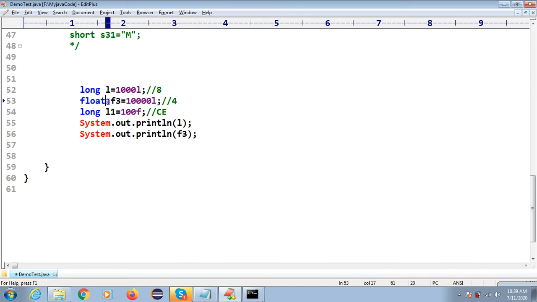But here you have to ask the question: hey, you were discussing byte and short, where if you exceed the memory, then what will happen? We will get an error, but here we are not getting an error. This is completely vice versa. Got it? So this concept comes inside this exception from data types.